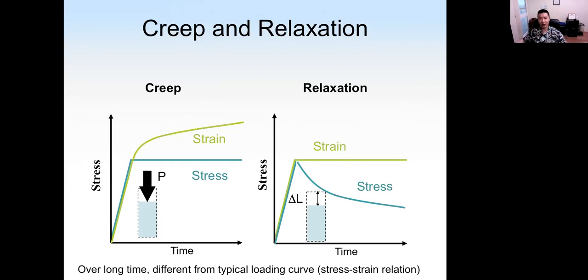Next, let's look at creep and relaxation. Creep means when we keep the stress level constant, the strain will increase over time. Creep is also caused by slippage of the CSH sheets, which is the same as the reason for drying shrinkage. Relaxation is reduction in the internal stress if we keep the strain constant. So these are the old slides we discussed before.